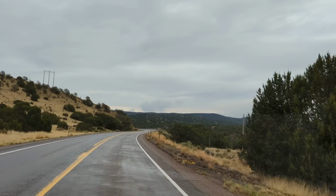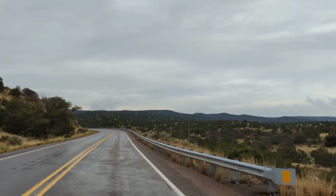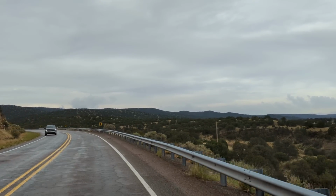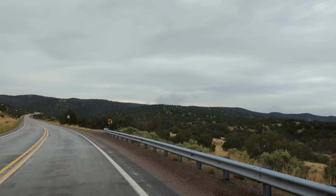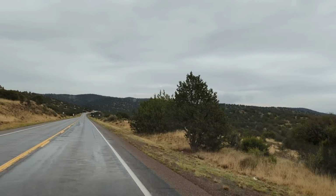How the environment changes now. You get up here in these mountains, you get to see a few more juniper trees, a few mesquites. Not many mesquites up here. I can't remember what kind of tree that is. They say it's a cottonwood, but I don't think it is. Not that I think they don't know what they got, but